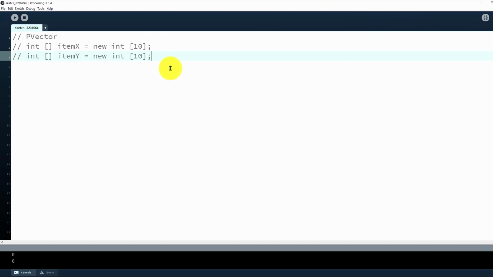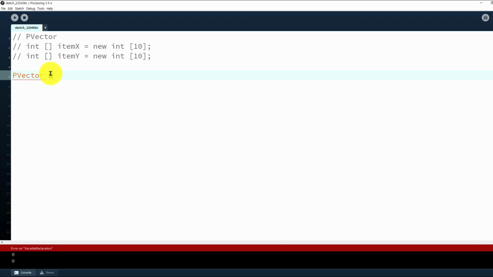As I told you, to save the x and y coordinates of the items, you have to declare two array variables, right? The item x will store the x coordinate and item y will store the y coordinate too. That's not good. So in this case, you can use the PVector data type. I'm going to tell you how to use it. PVector is a new class, a new data type, and I'm going to declare a variable as a PVector class, and I need to make an instance,